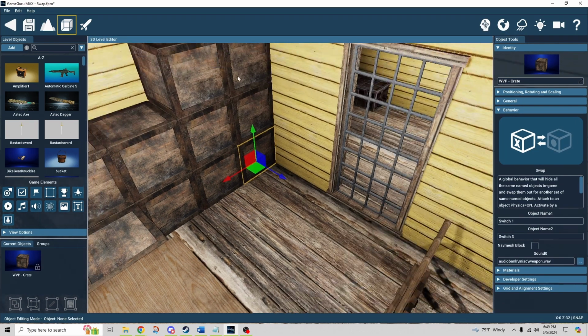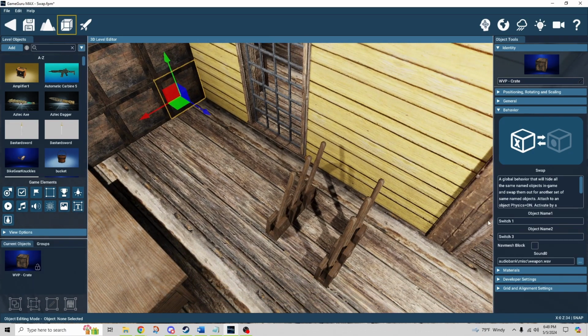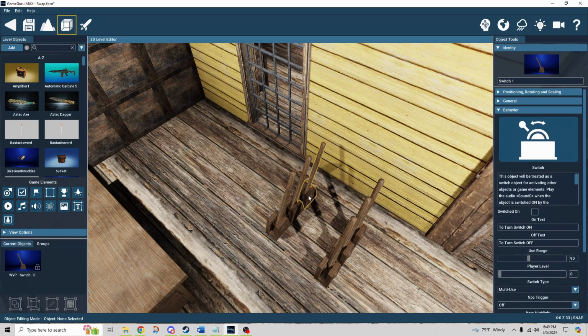And all these boxes have swap, by the way. So they're all the same. Very simple behavior, but so incredibly useful. I can't even begin to come up with enough scenarios to show you. But let me show you this one, and I think you'll get the idea. Swap switches a named object for another named object. So you remember I named each one of these switches, right? Switch 1 through 6. So what this says is when this is activated, it's going to swap this one for